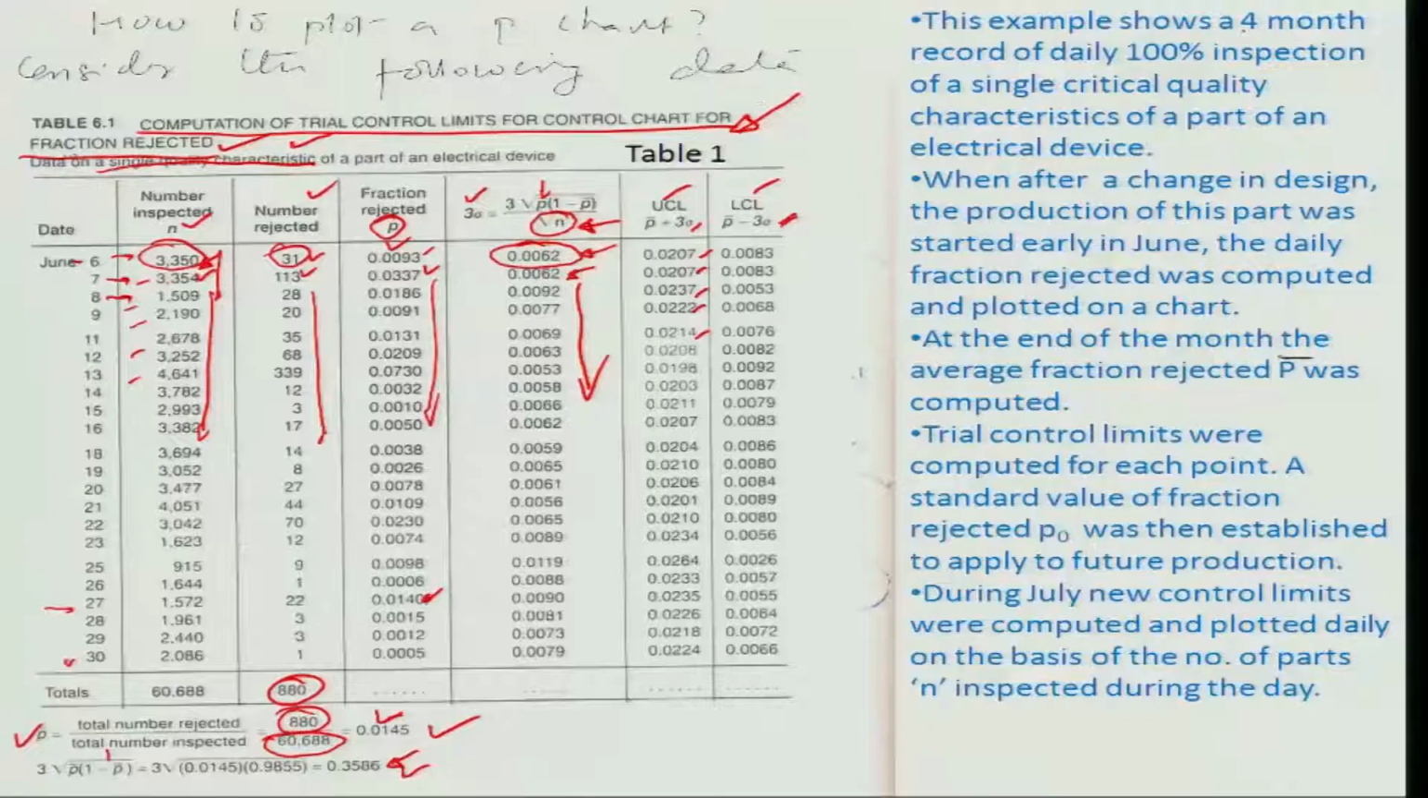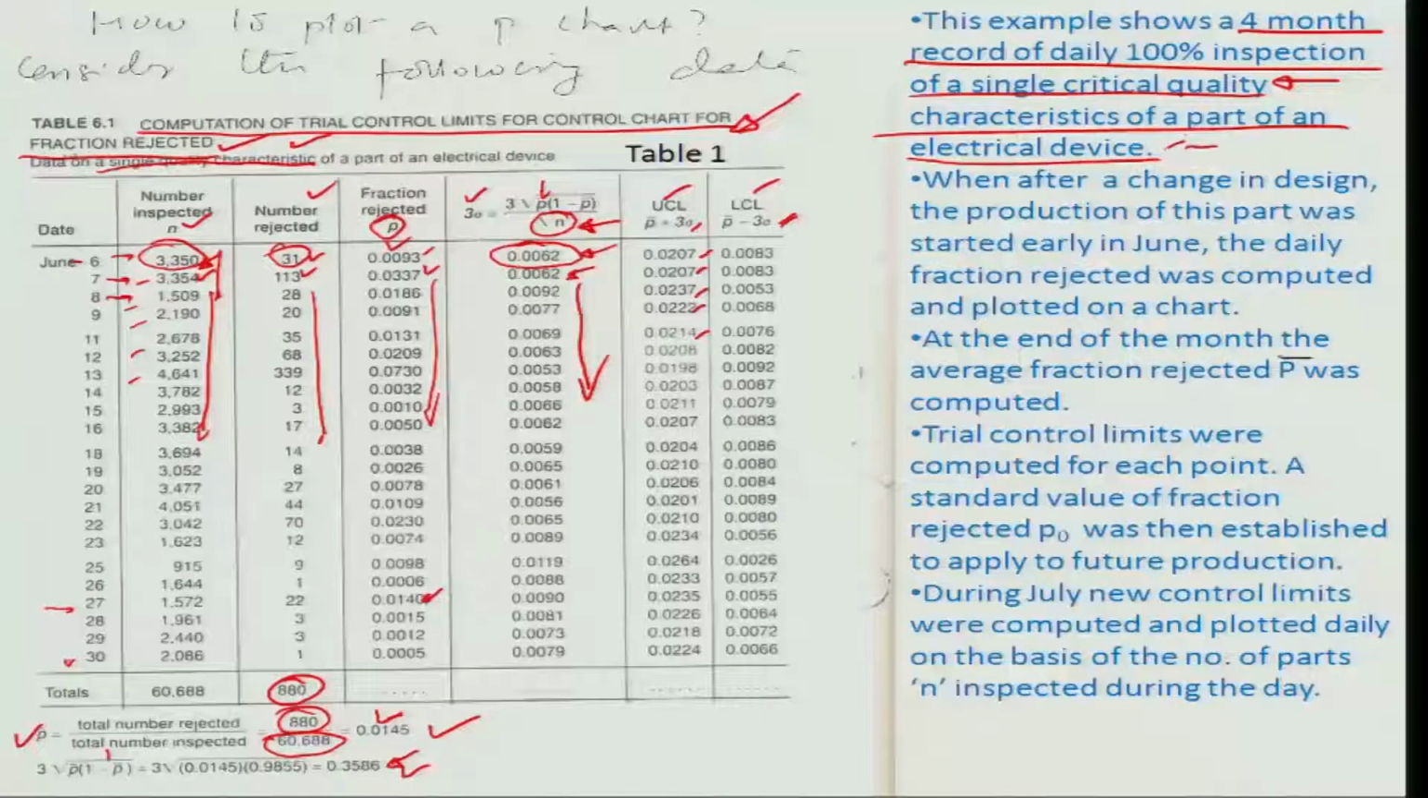Actually, it is a 4 months record of daily 100% inspection of a single critical quality characteristic, which is a part of an electrical device, and we will show you later the data for the next 3 months all the way up to September. The only thing is, in this case we will need to understand how, after the first month, you can vary the control limit,